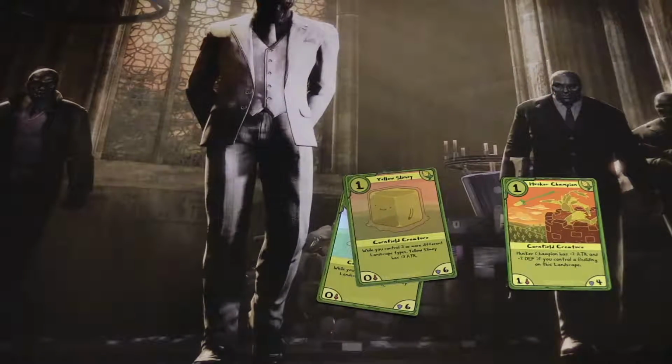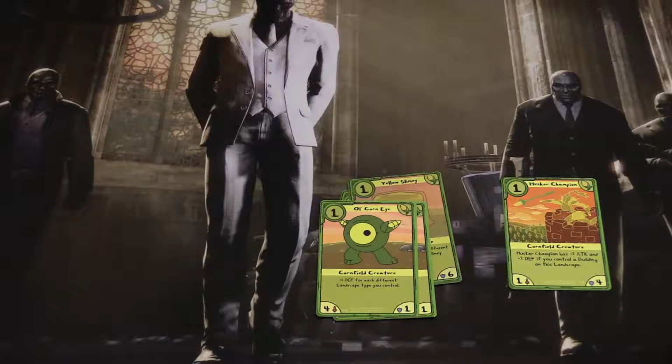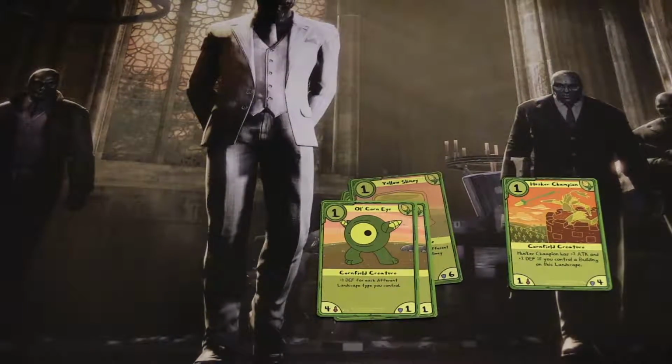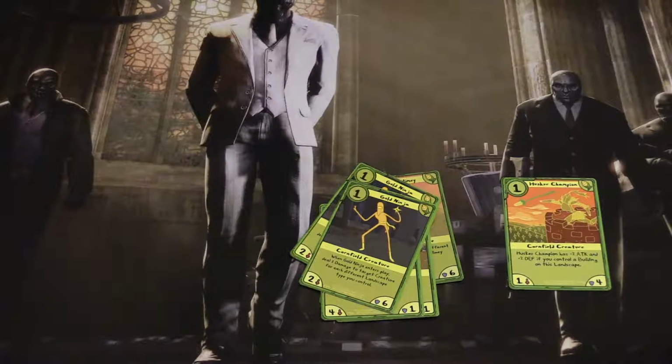But anyway, next we have 2 Old Corn Eye. Another very powerful card and a very cheap price. However, it does die, so it's kind of a hit or miss. If you guys got that joke. But anyway, next we have Gold Ninja. This is another good card. I know